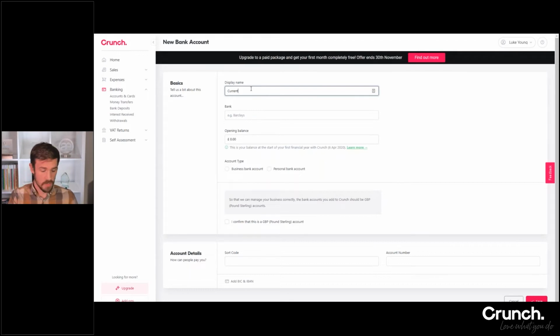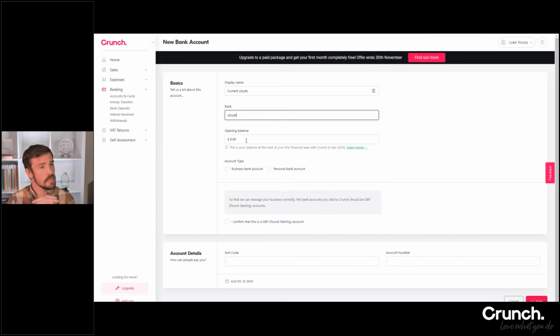So, if you've got one current account that's with a certain bank provider, HSBC for instance, or whoever, and then you've got another with someone else, just change that so that it helps you know which is which. So I'll leave that as current Lloyds for now. Of course, the bank is just a provider. The opening balance now, this can confuse people and it's totally understandable. So the opening balance